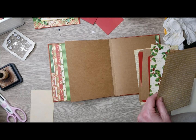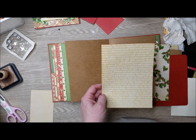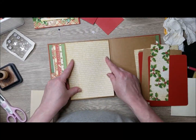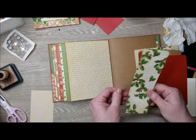Let me just grab one so I can give you the right name. This is Long Winter's Nap, and it is the B side. So it's our cut aparts, but on the B side with all the lettering. And that beige background. That will go here. And then we have our